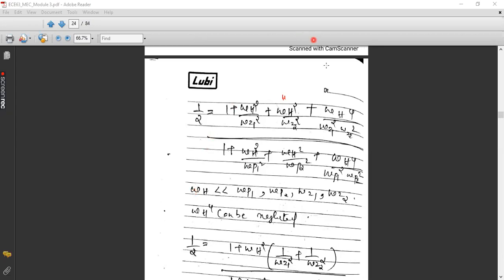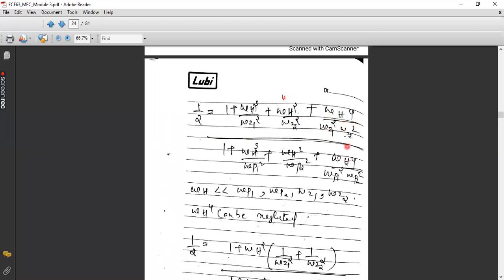So in that case, you can neglect this particular value because this denominator is going to be very large when compared to the numerator. Anything divided by a very large value will be approximated as a very small value. So I'm going to discard this value. I'm going to discard these two values. You may ask why you are not discarding this, because here you have only omega z square, but here we have the product of two values, omega z1 square and omega z2 square. So compared to this value, this will be very less because the denominator will be more.